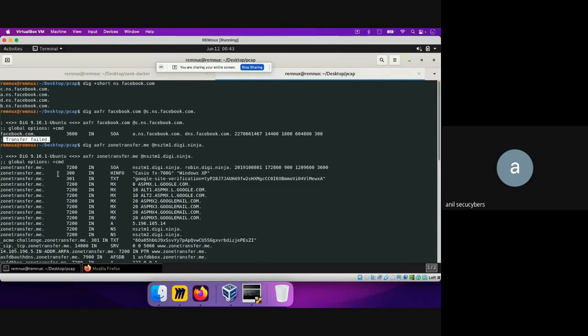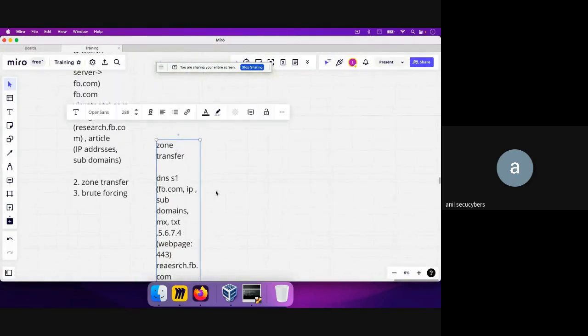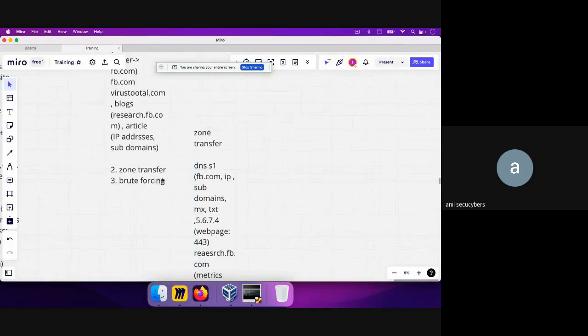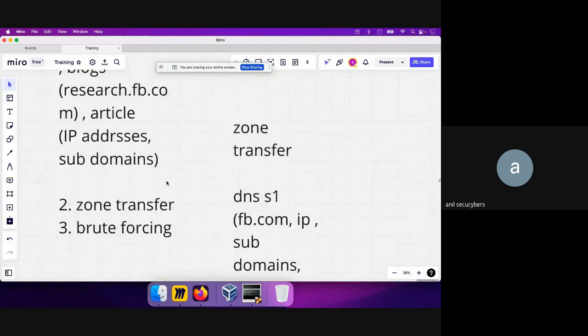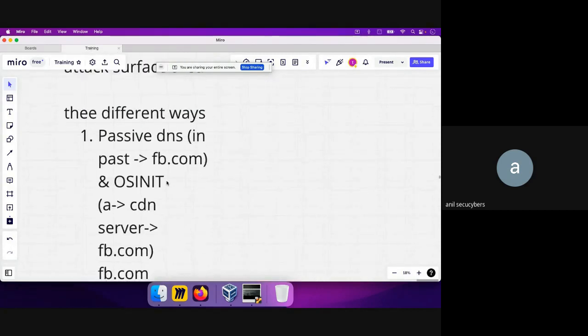Okay. Now let's figure out the next thing. So I hope this zone transfer topic is clear. And now let me go to the next part, which is brute forcing. Okay, so brute forcing is another thing which is very common. Why brute forcing works is that, let's say,